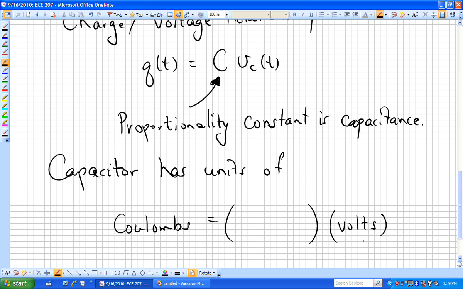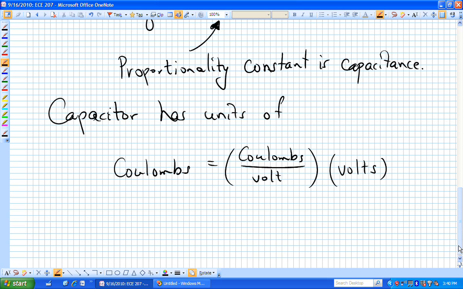Now we need to multiply something by volts to get coulombs. So that seems to be the obvious units, but you can also think of coulombs in a different way. So now the units are actually coulombs per volt,